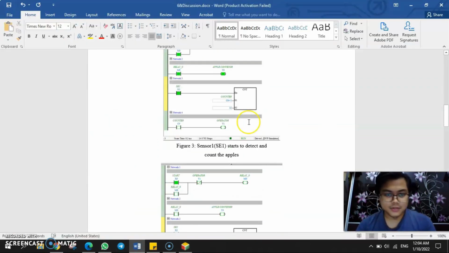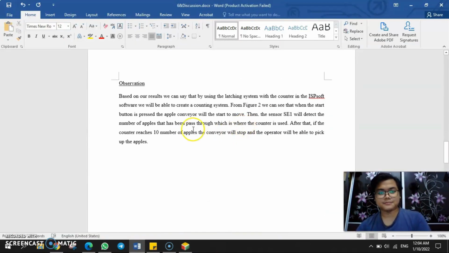What we can observe is, based on our result, we can see that when the start button is pressed, the apple conveyor will start to move. And then the sensor SE1 will detect the number of apples that have passed through, which is where the